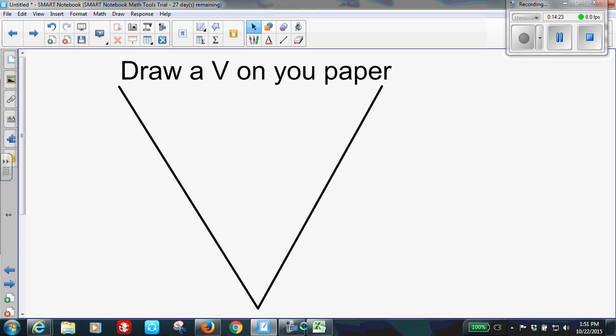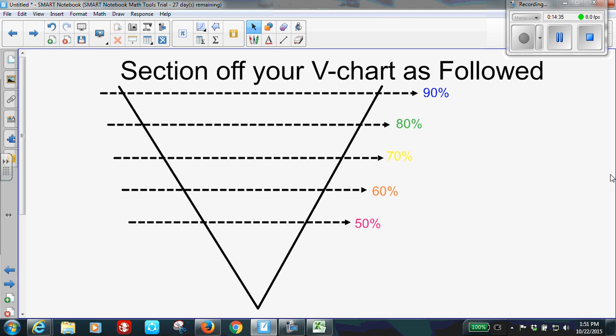you're going to draw a V on your paper, very simply. So go ahead and draw a V. If you need to pause the video, go ahead and do that. The size of your paper is dependent on how many standards you have. Then you need to section off your V chart as followed. So you need a line for 50%, 60%, 70%, 80%, and 90%. Okay? Once you do that, you can also